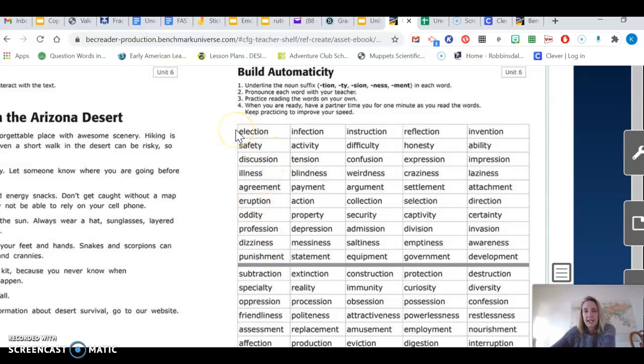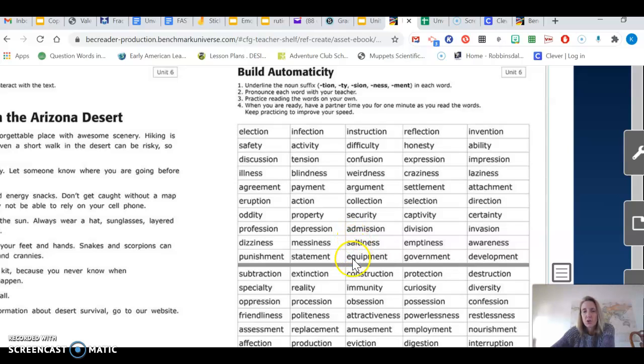So the first one is election, safety, discussion, illness, agreement, eruption, oddity, profession, dizziness, punishment, infection, activity, tension, blindness, payment, action, property, depression, messiness, statement, instruction, difficulty, confusion, weirdness, argument, collection, security, admission,